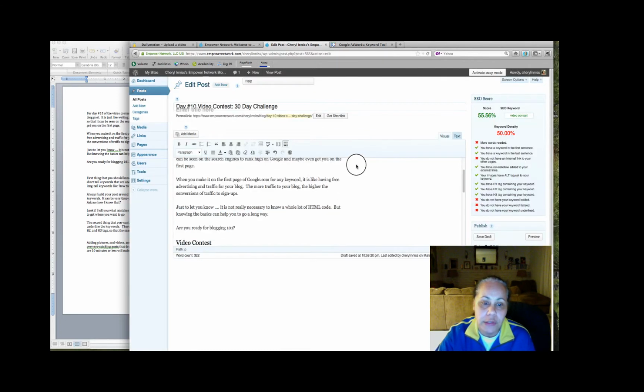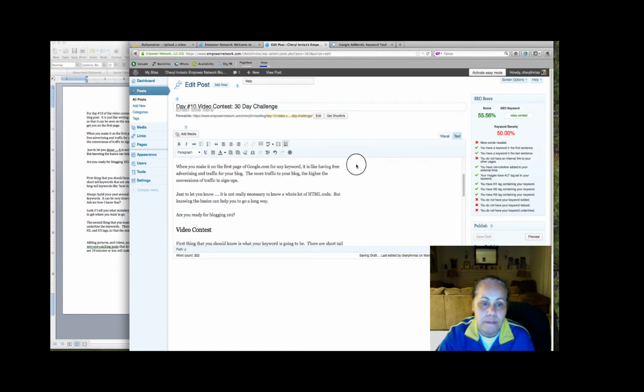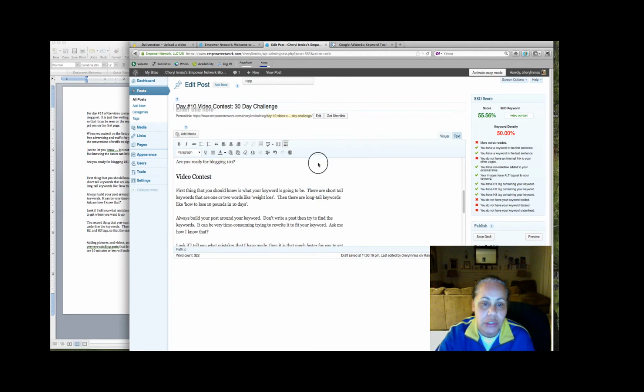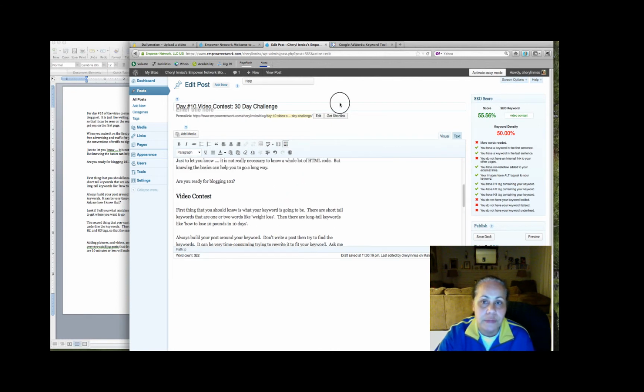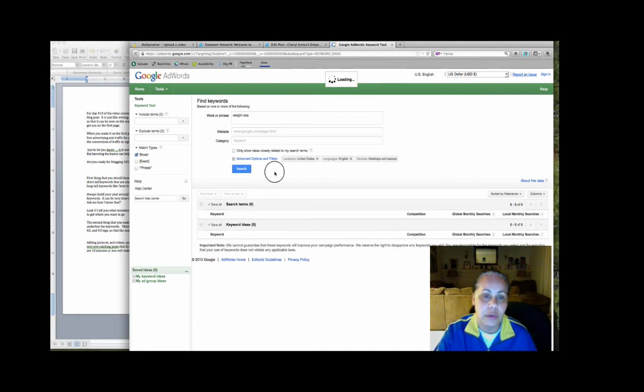So in the post, I use, I think, short tail and long tail keywords. A short tail keyword is sometimes just one or two words, like weight loss. So we're going to stick to the example. So weight loss. And then when we search, it's going to ask us for